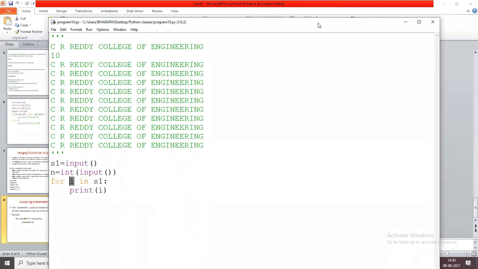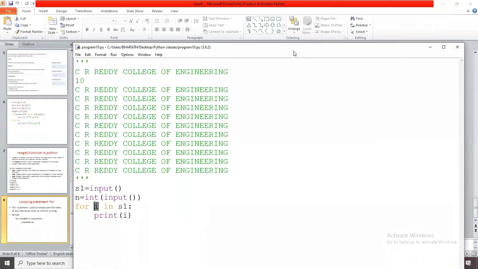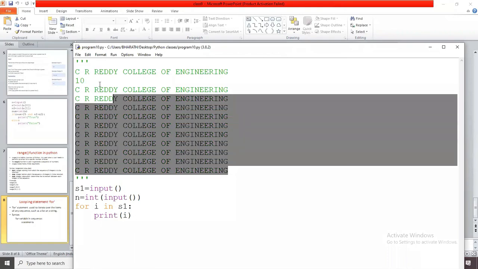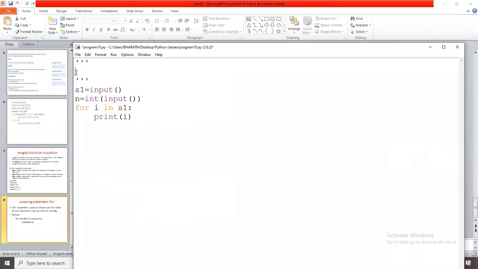Now we are going to write one program by using for loop. For example, this is the list. At this point you all remember there is a list data type in Python. How can we define it? By using square brackets.